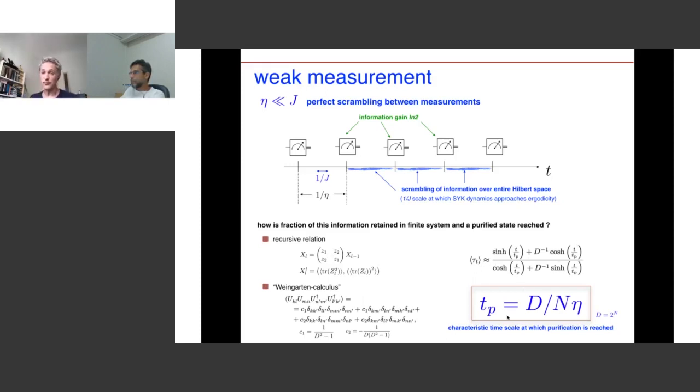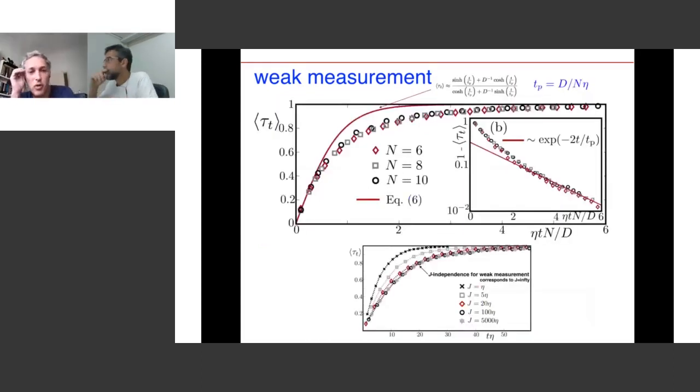And what you arrive at using this idea is a purity which is given by this expression. There's one crucial finding: from this calculation, full purification should be reached also in the limit of very weak measurements. However, the time scale that you need to purify your initial maximally mixed state is exponentially large in the Fock space, in the number of particles. So it scales with the Fock space dimension, and it's independent of your interaction strengths. So now with this we can compare our